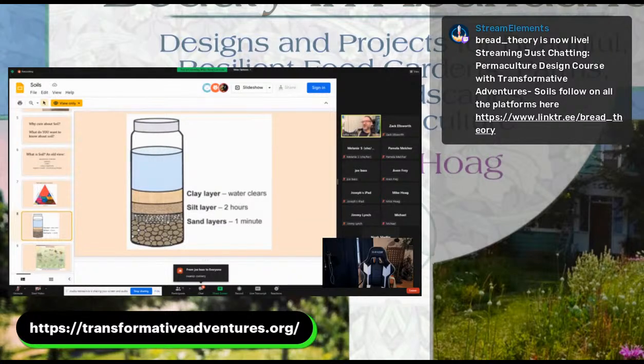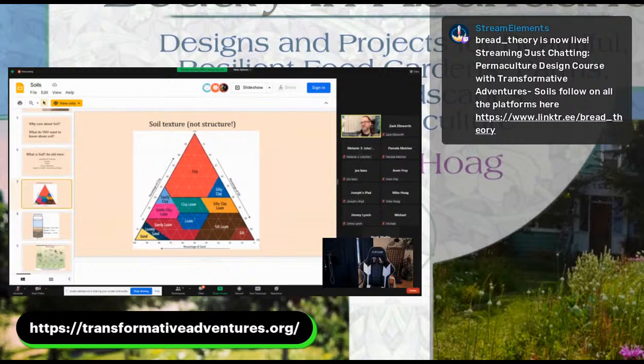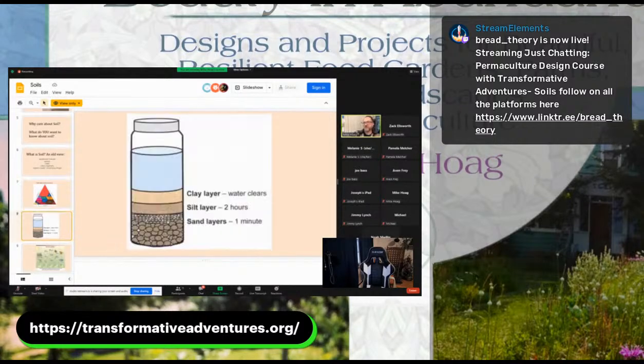So, you put the soil in the bottle and you shake it up. And what happens, of course, is the largest particles settle out first, usually in about a minute. Those are sand. The next layers that settle out are silt, and then finally clay. Then we can measure those and see what percent of our soil is sand, what percent is clay, and what percent is silt. And we can actually pin it right here on our soil texture chart. I find these fun to do. I do it at pretty much every garden I do.